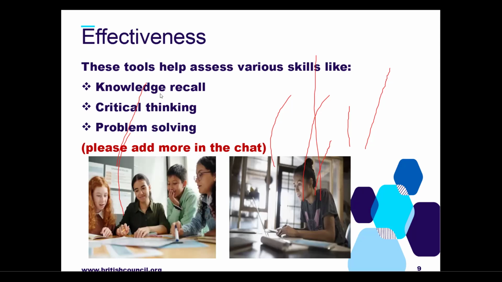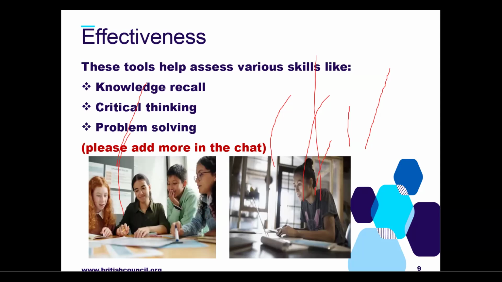And mainly, we are really keen on collaboration because with collaboration, most of these digital tools allow the learners to work together in groups. They have to work together because it's normally more fun and enjoyable if they are working as a team.